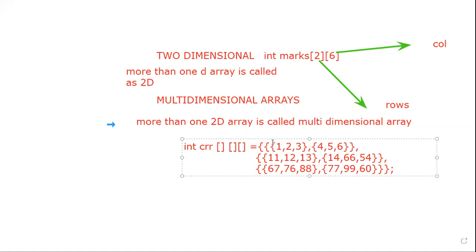Here 3 pairs of square brackets represent a 3-dimensional array, and there are 3 rows representing the 3 departments. In each department there are again 2 groups representing the marks of 2 students. Observe the left curly braces and right curly braces used to represent each group. This is the group for storing the marks.